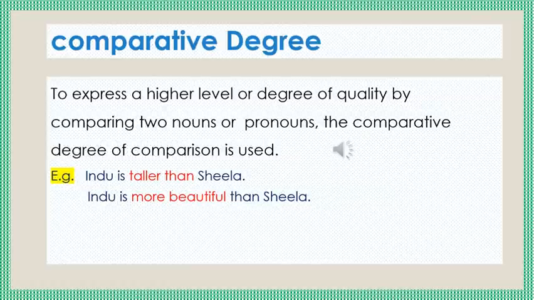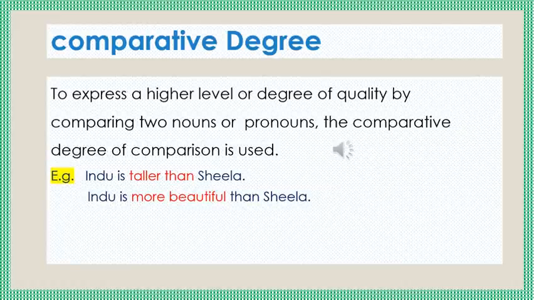Raju is wiser than Ramu. Here the opposition is meant. And the other example, Raju is wiser of the two. Here a selection is done between the two people. We are speaking about Raju. Raju is wiser of the two. Okay, I hope you understood.